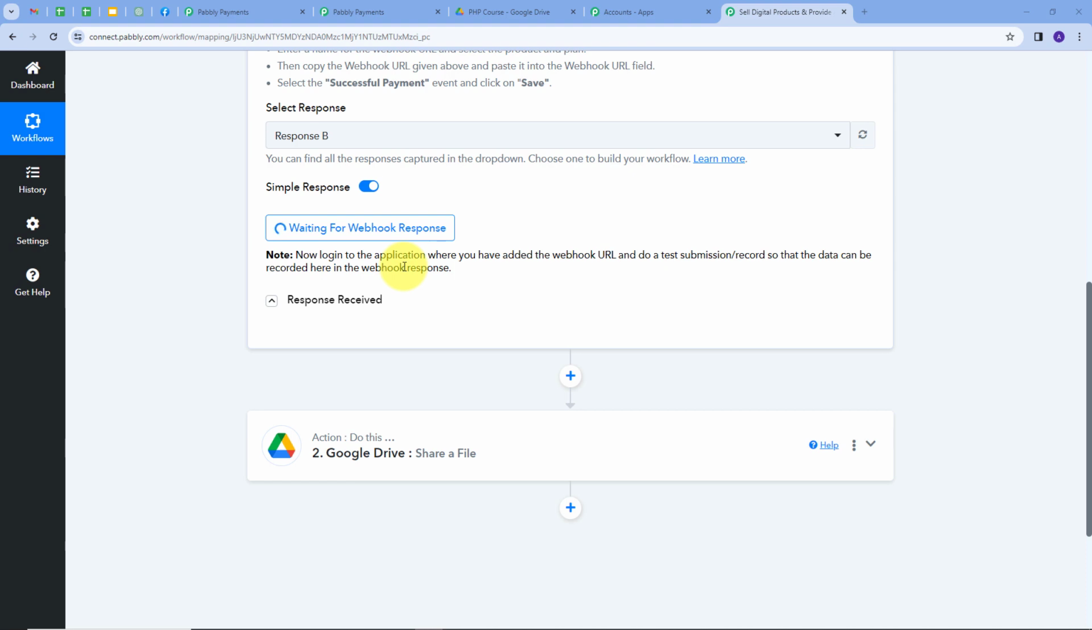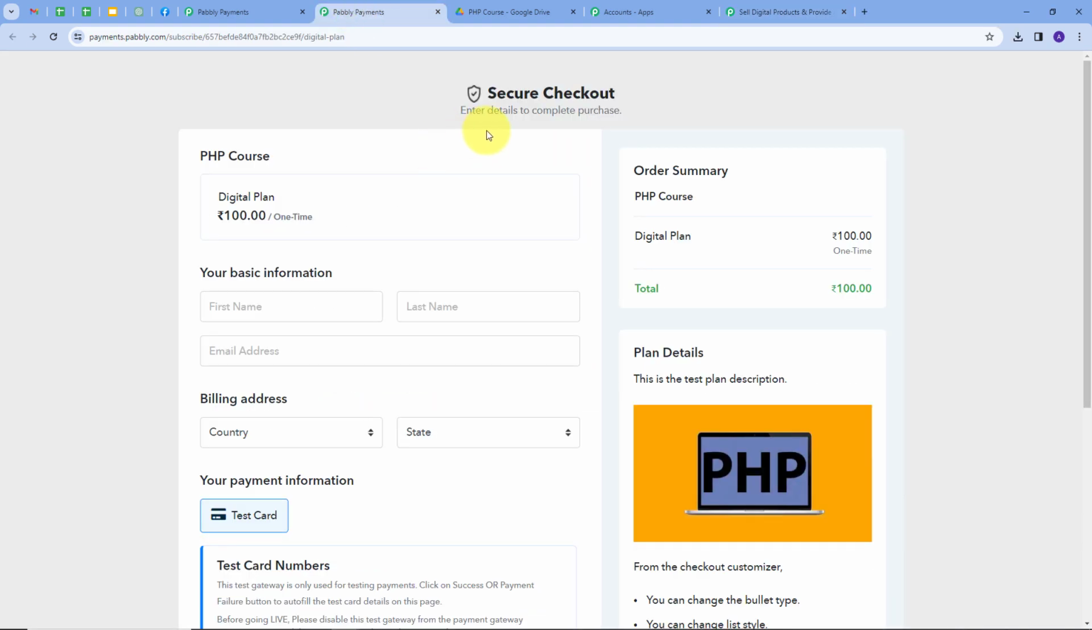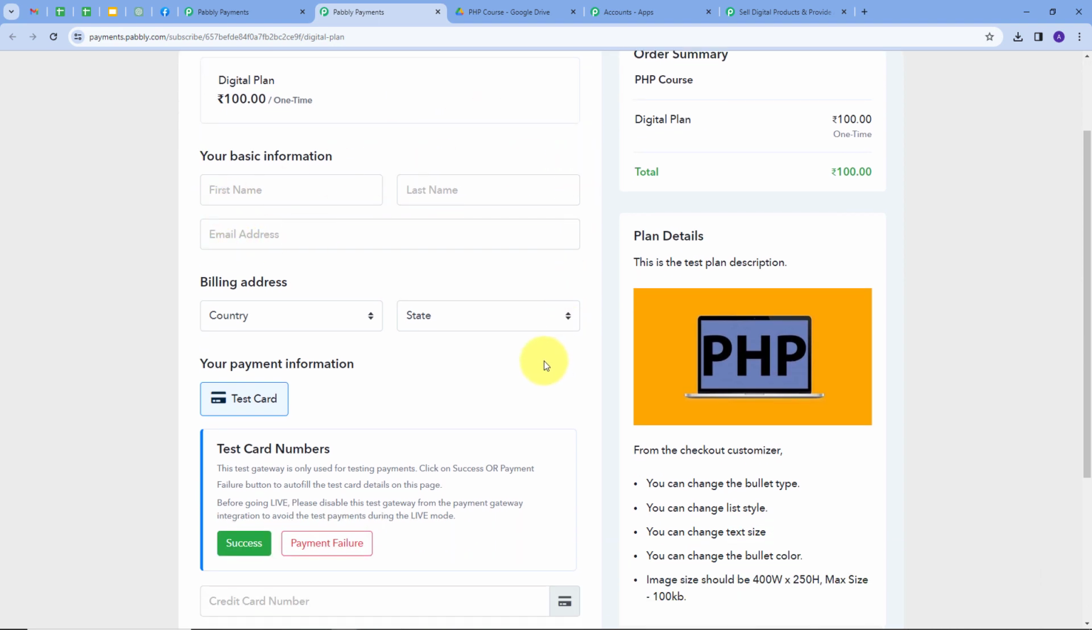So I will go to my checkout page. So this is the checkout page, and I have added this as Pabbly Subscription Billing. So here I have to make this payment. So this is in test mode. So I'm going to make a test payment. So I'm going to fill dummy details here. So my first name will be dummy. Last name will be user. Email will be